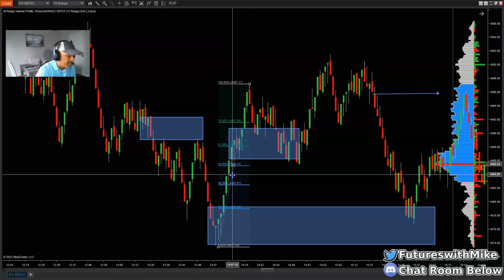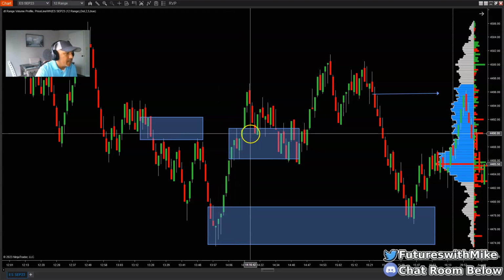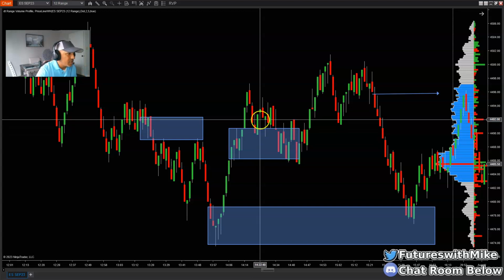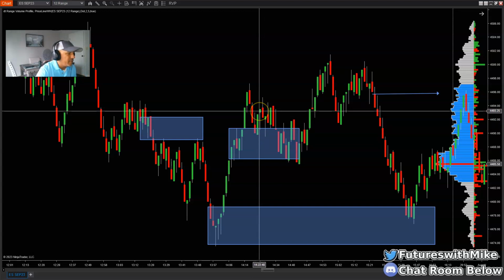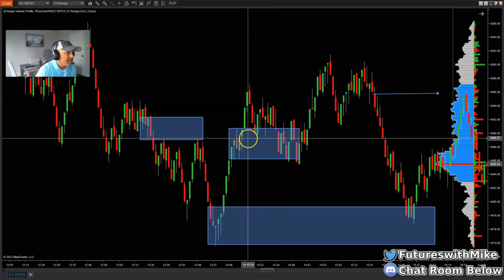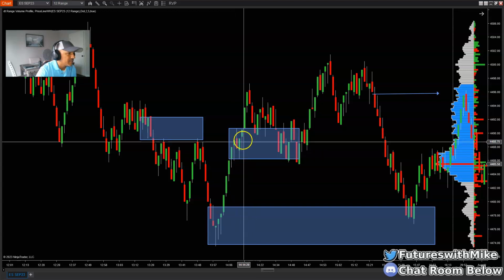Let's get rid of the fib now, okay? Pulls back to this key area right here of support. People who trade support and resistance may be eyeing that, and then they get into the trade to go long, right? And look what happens. The moment they get into a trade, yes, it goes in your favor, maybe a few points. And then the market turns back around and flushes you out. Let's say you put your stop at the bottom end right here at the back end of this key area of support right here.